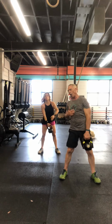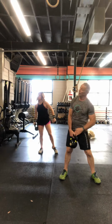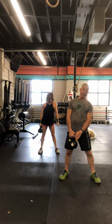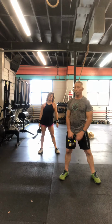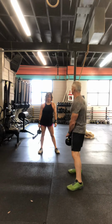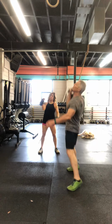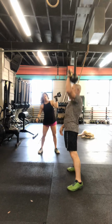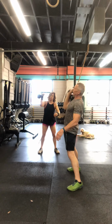Next, clean and press. 10 on each arm. Same thing. You can do 10 on the same arm if you want, or you can switch arms. You'll notice I switch behind me when I do this. I'm going to do this one this way so you can maybe see that a little bit better. Okay? So clean and press. 1, 2, to the shoulder, overhead. 3,